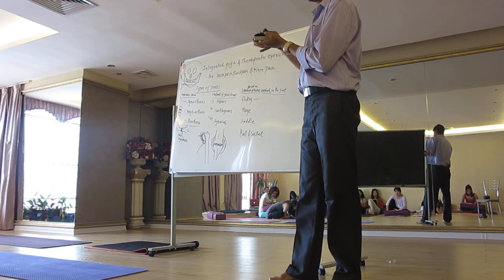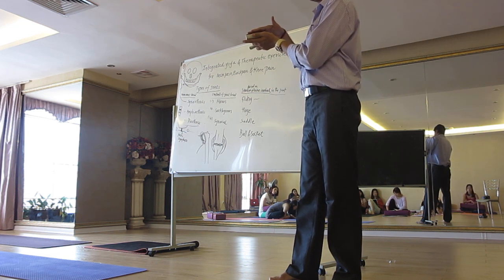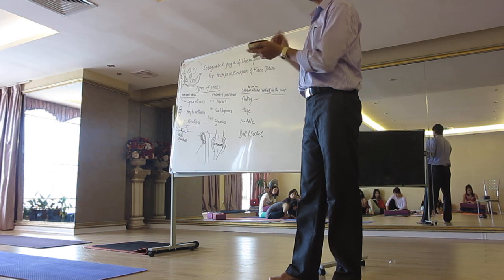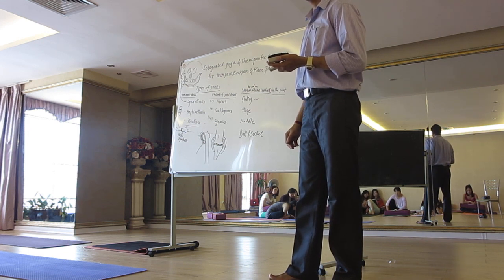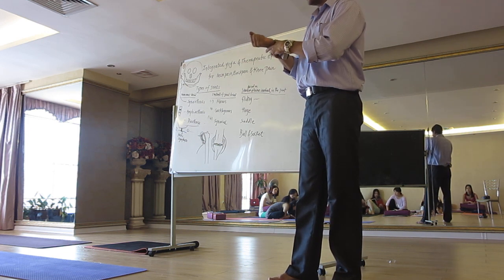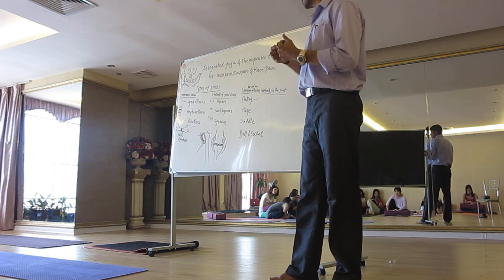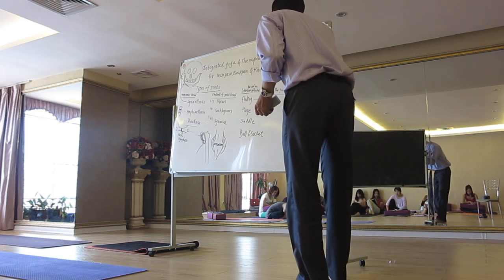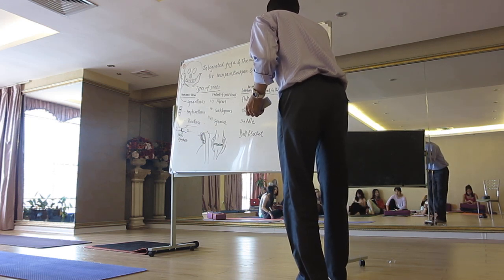Gliding is like this. 就是第一个是像门一样的，它是叫 Gliding. 等一下。 So wrist joint, there are many joints which will glide on each other. 滑动关节。